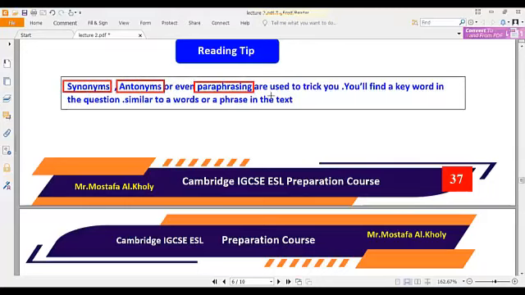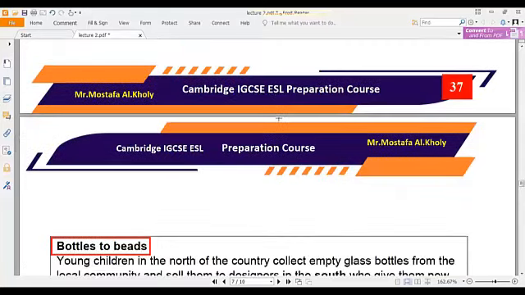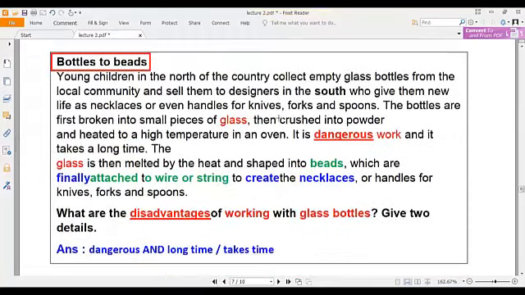Paraphrasing means explaining. يعني مديك الكلمة في التكست الشرح بتاعها أو العكس. Are used to trick you. You will find a keyword in the question similar to words or a phrase in the text. تعالوا نابلاي الكلام ده. الكويستشن هنا بيقول ايه يا شباب؟